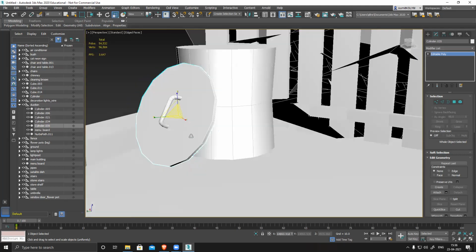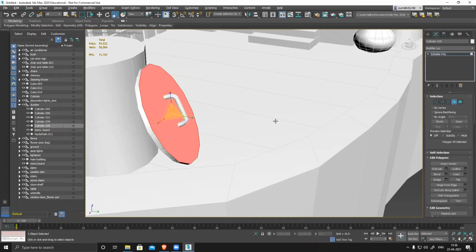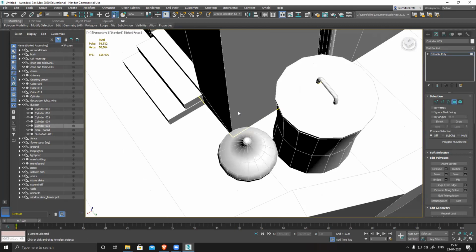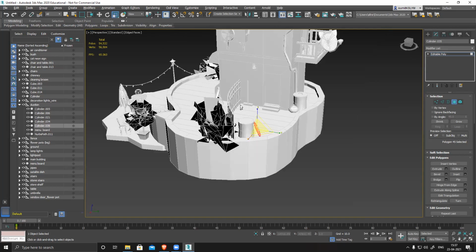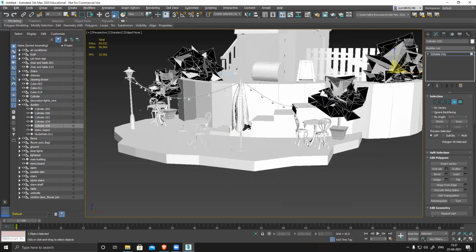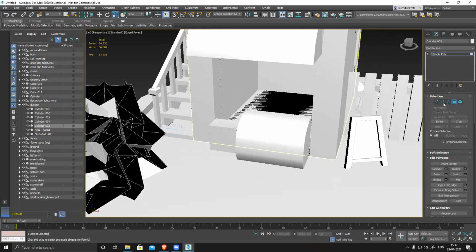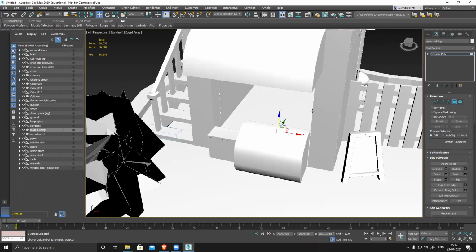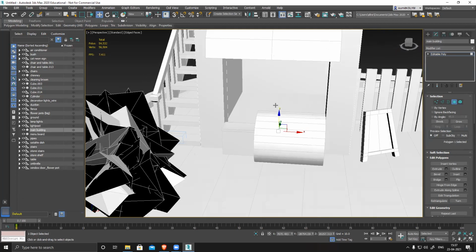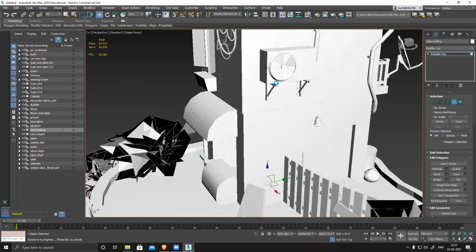This geometry is not connected. Yes, sir. I haven't connected it yet, sir. I should have. This is an n-gon, so that is something to fix. Make sure there are no n-gons. Overall, it looks fine. It's flickering. That means these two faces are really close. So what you can do is pull it slightly up or slightly down. Make sure there's no flickering. Yes, sir. That is something you have to check. Rest looks fine and clean.